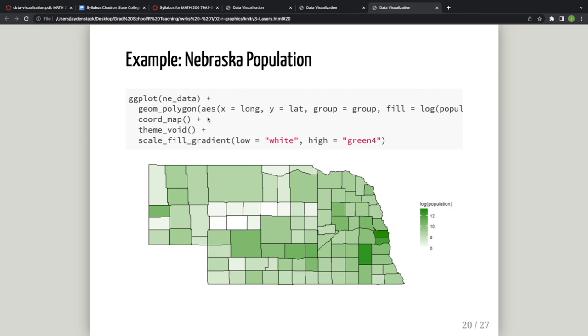And then the fill of our population is going to show us how densely populated our counties are. And again, this is a continuous variable, so it's going to show in this almost grid-like pattern where it's going to go from white up to green. Again, just showing you an example of how we can utilize the ggplot2 package to create very, very cool